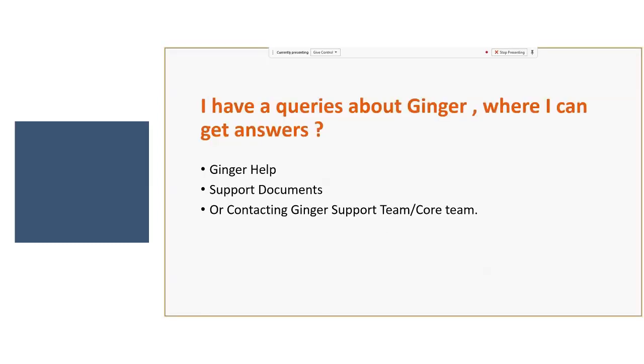Today, if you are working on Ginger, you come across queries, you have questions, you have doubts, or you have a new scenario, so you have to turn to someone else for help. So what are the ways we do today for help? First item is Ginger help or support documents. You can press F1 or you can go to the support documents which are already on the support site. But in most cases, which is the most frequent thing, you go to Ginger support